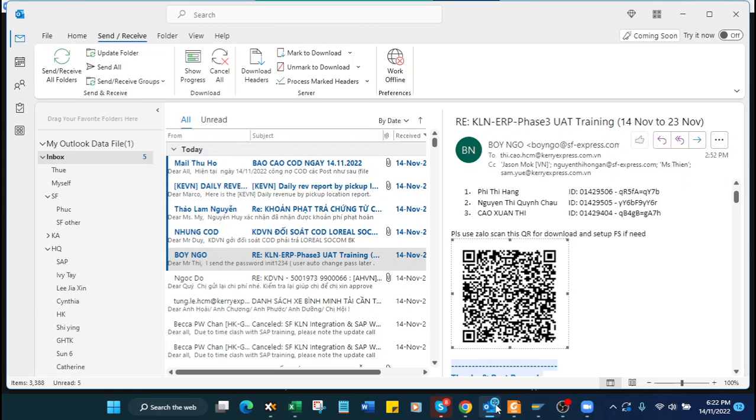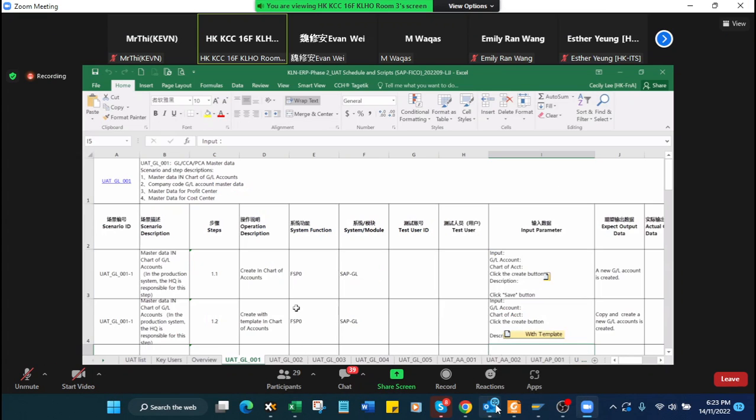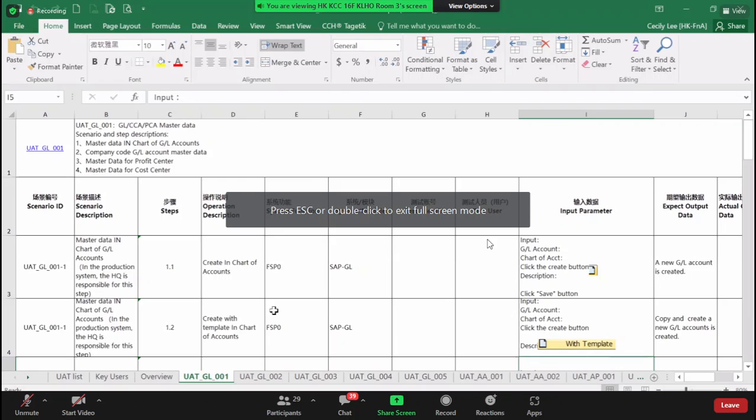You can see my screen. This is the exercise, the exercise for the screen during the training. Okay, but